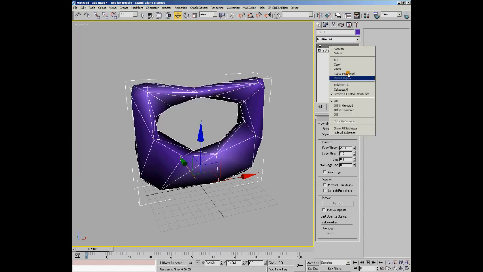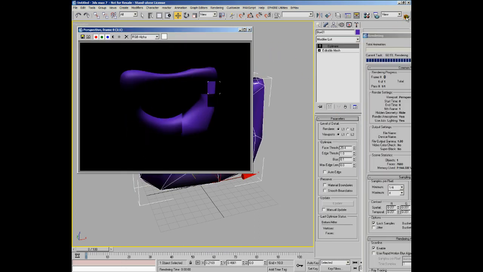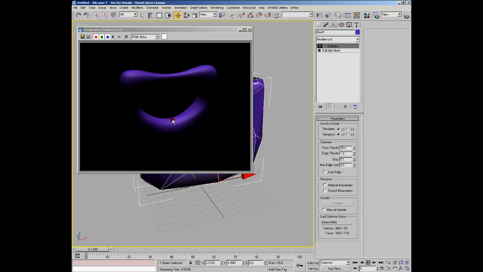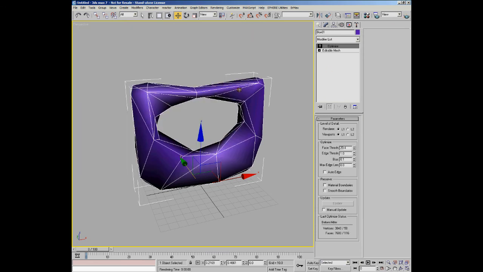So now we can use the opposite option to the one we just used, and that is off in the render. So we want the modifier to be on in the viewport but off in the render. So I'll choose that option now. And now if we do a render, we get the full quality geometry, as you can see, nice and smooth, whilst in the viewport the modifier is still active and we have this optimized geometry. So as you can see, we've got four different states that any modifier can be in. It can be off, it can be on,